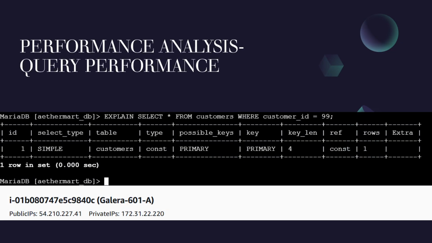First we're going to start with query performance. Here we're running this EXPLAIN statement, which shows how the database executes a query on the customer table when filtering by customer ID. We can see that MariaDB uses the primary key, which means the query is optimized. It only scans one row instead of the entire table. The access type is const, which is the most efficient possible for a lookup by unique key. This confirms that our index